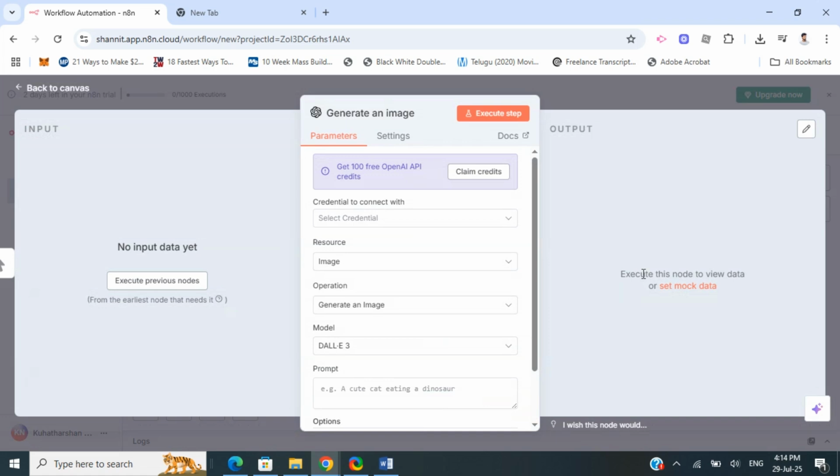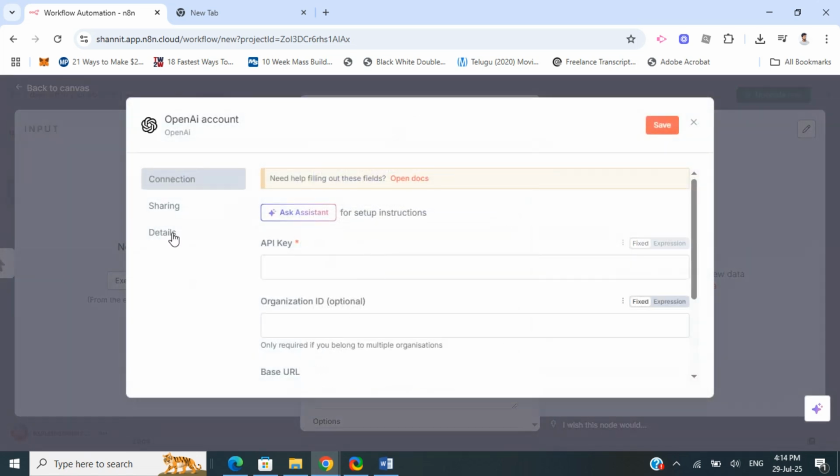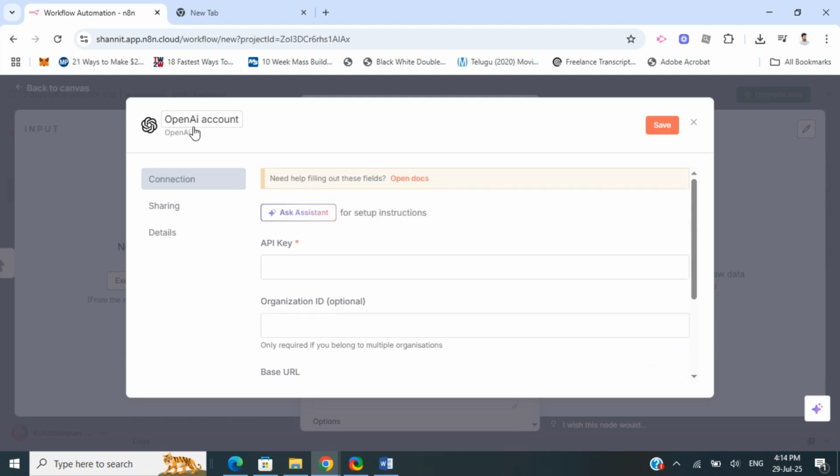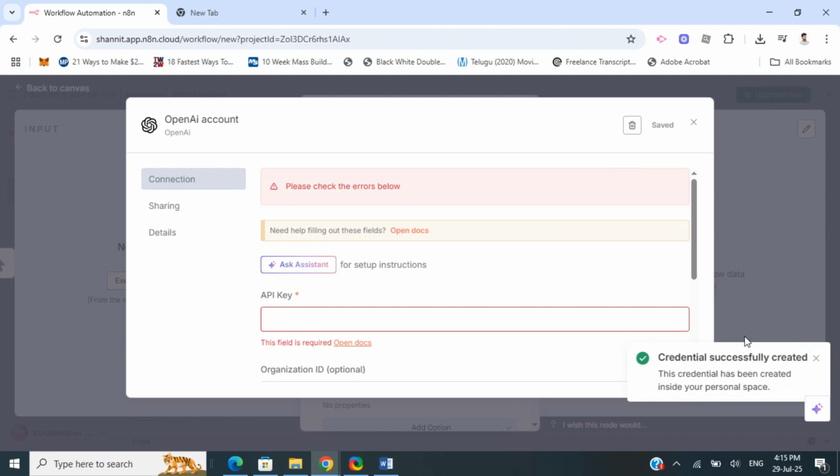You can just use that, and then you can connect your credentials here. Click on new credentials, and then you can use your OpenAI. You need the API key from your OpenAI account, so you can open up your OpenAI account and plug in those details here and save it. Once you're done, hit save. Okay, and once that's done,